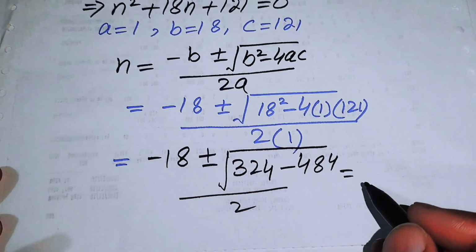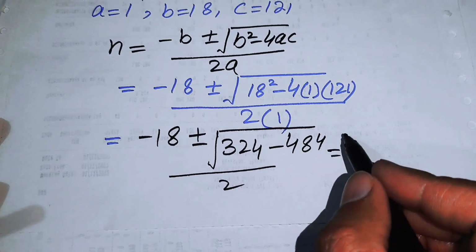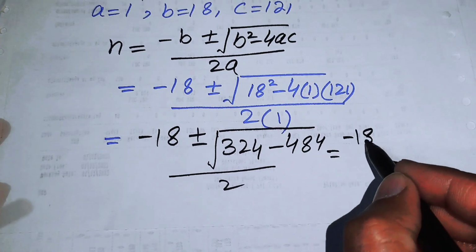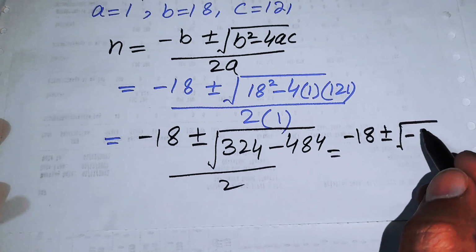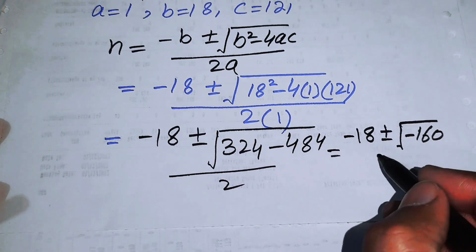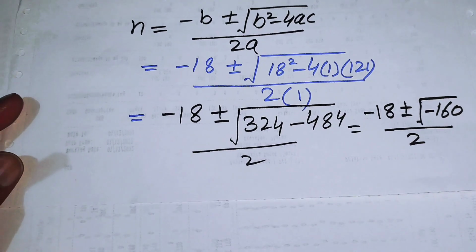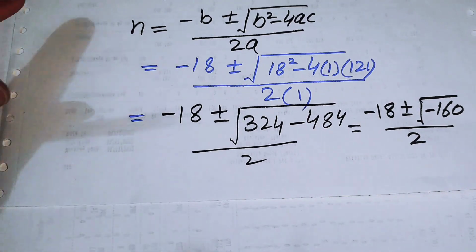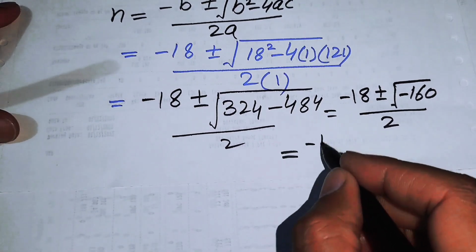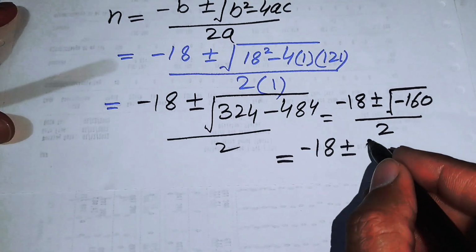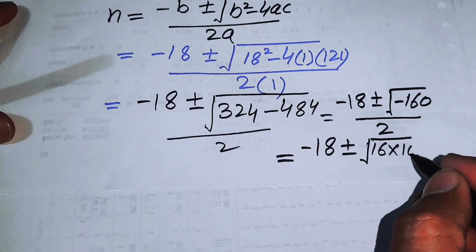Here we again need a little bit of simplification. When we subtract 324 minus 484, you will obtain minus 18 plus minus square root of minus 160 over 2. So in the next step, we will rewrite this 160 in this form: minus 18 plus minus, we will write this 160 as 16 multiplied by 10,